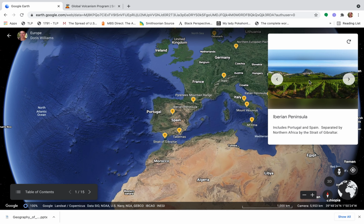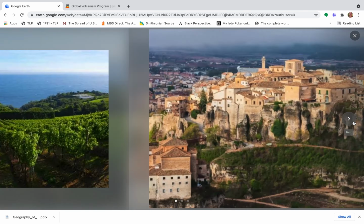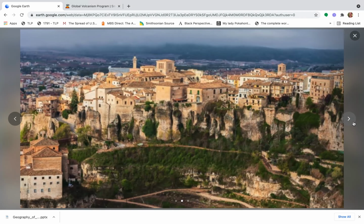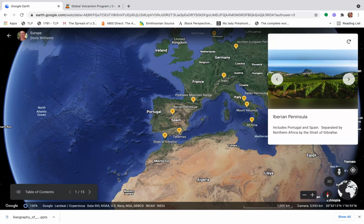So Spain is kind of diverse. It's a small place, but it's got lush to tropical areas. We're going to go to